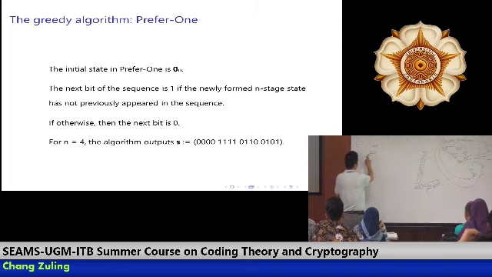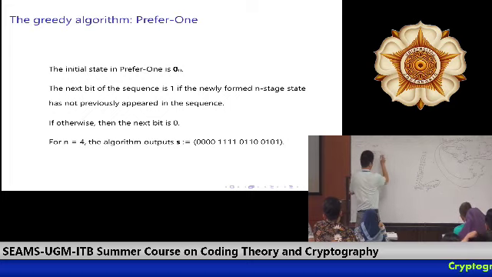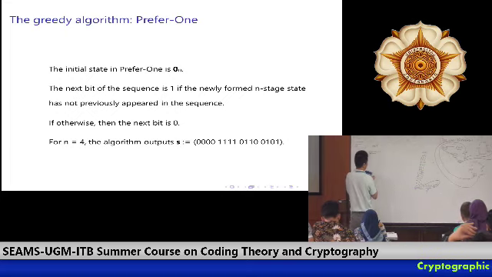So for this one, 0, 0, 0, 1 have not appeared. So add 1, 0, 1 for this part. And the next one, we can't add 1 because this has appeared. Okay, so we have to add 0,